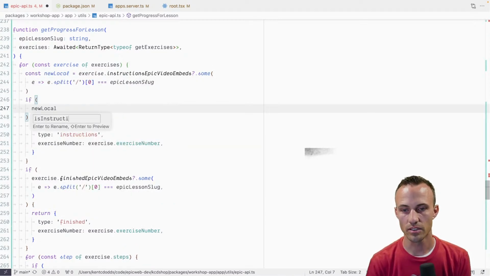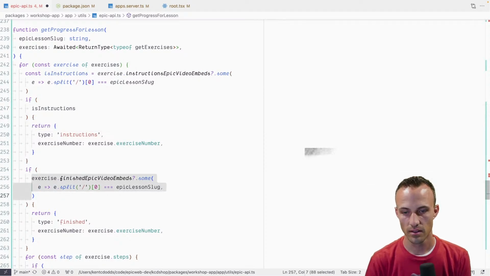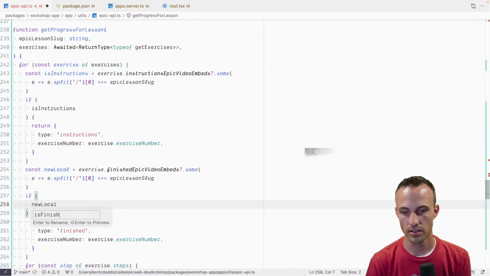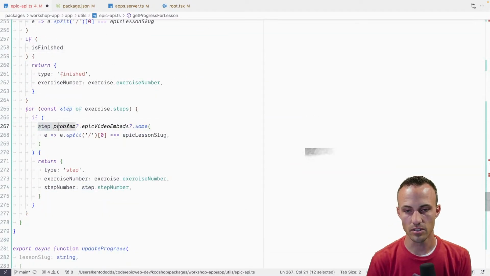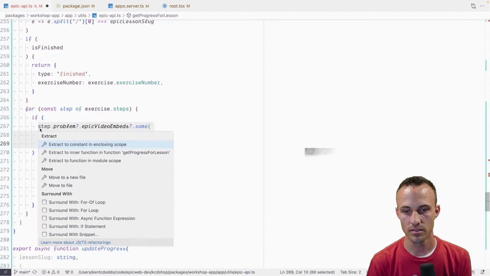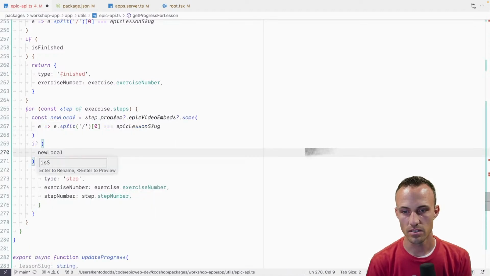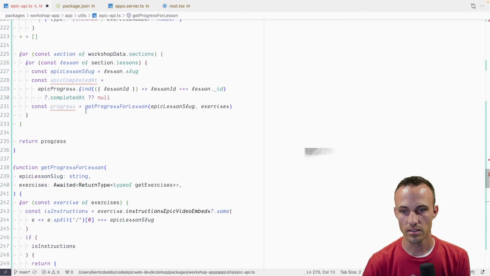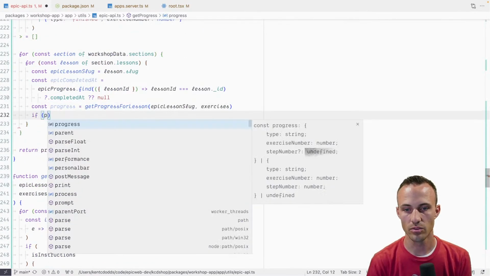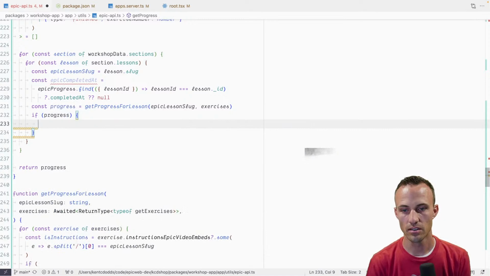Is instructions is finished. Finished is a really bad term. It's very confusing. And is step. Okay, great. And then we can say if progress, then